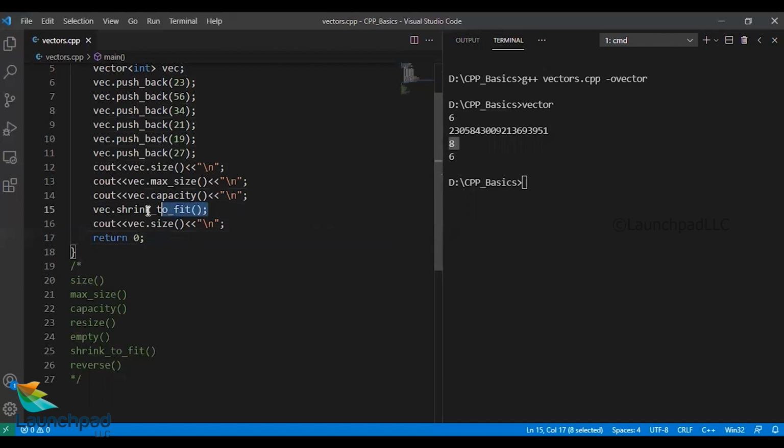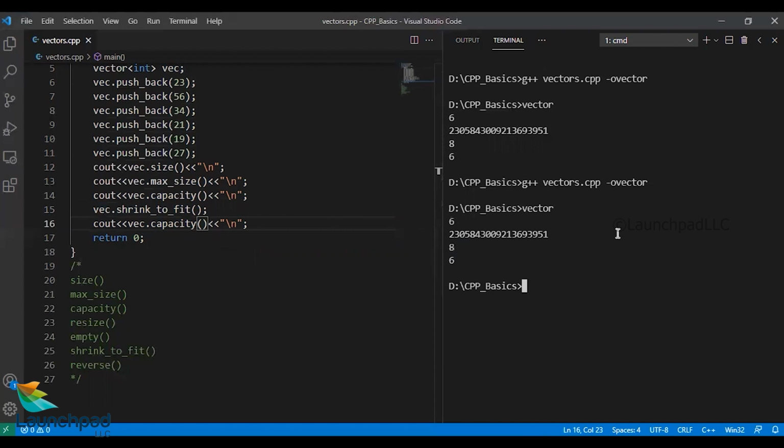And after shrinking to fit, the size is still 6. Let us talk about the capacity again after shrinking to fit. Okay, so let's compile and run things again. Now you could see when you shrink to fit, the capacity also becomes 6. The earlier capacity was 8, and when you shrink to fit, the capacity becomes 6.